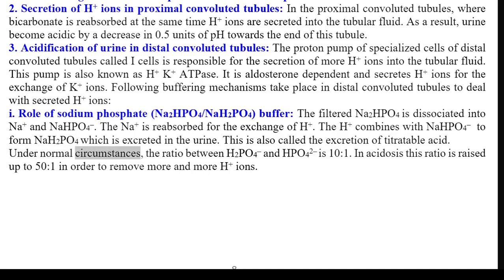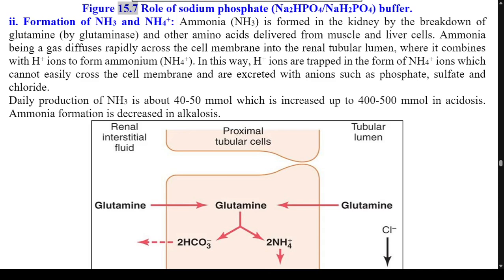Under normal circumstances, the ratio between H2PO4 and HPO4 2- is 10:1. In acidosis, this ratio is raised up to 50:1 in order to remove more and more H+ ions. Figure 15.7 Role of sodium phosphate,